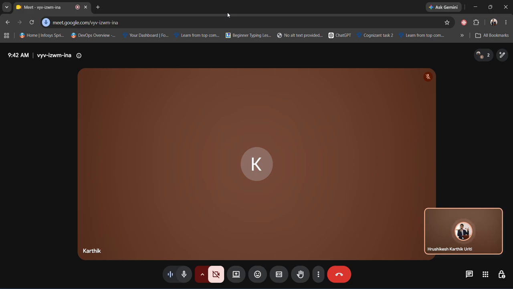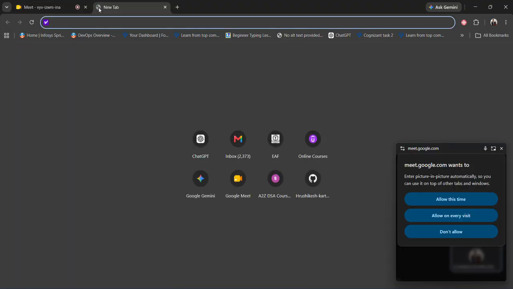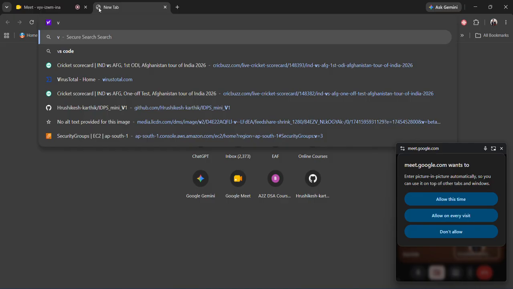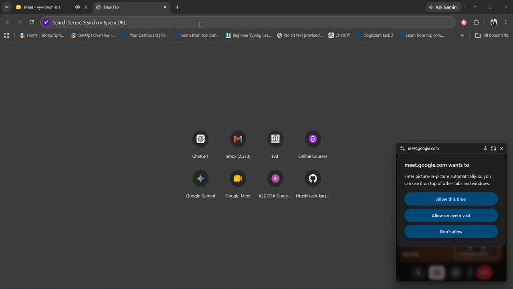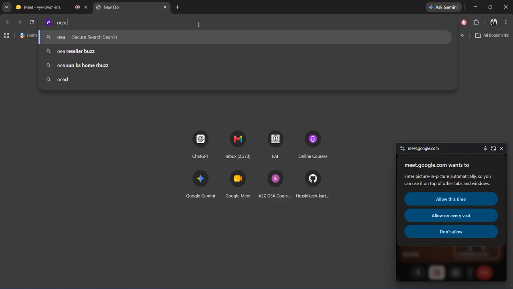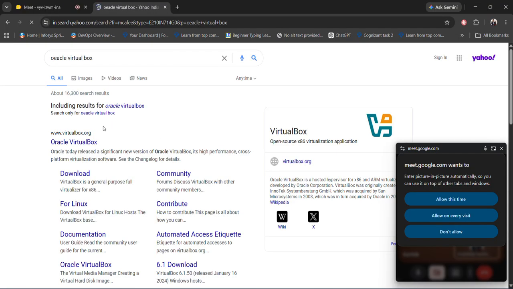Let's see all these things proceeding further. Okay, now what is the first step? Our first step is to install VirtualBox. So let's do that. You can type VirtualBox here, Oracle VirtualBox, and you'll find it, and you see the first link. You just click on it,